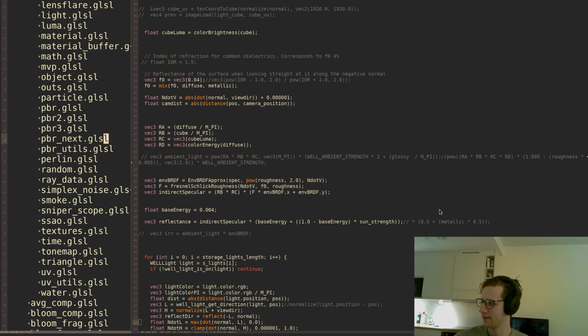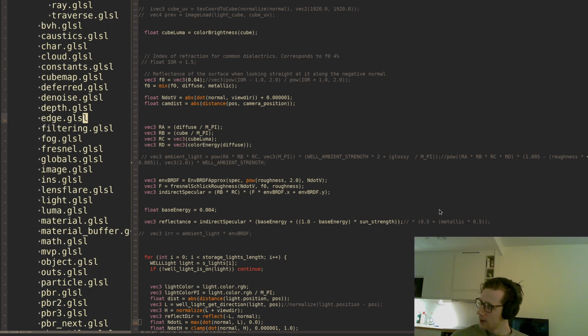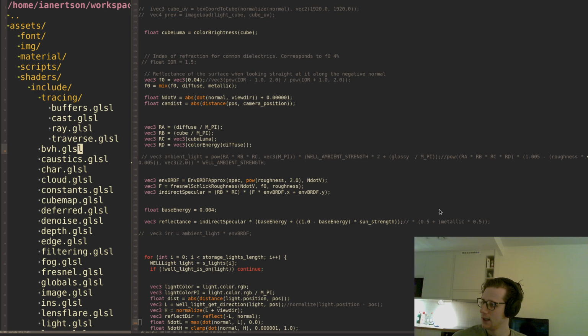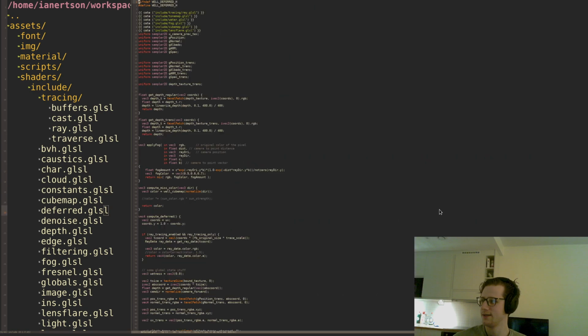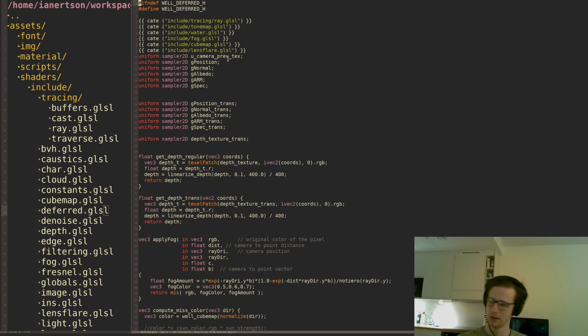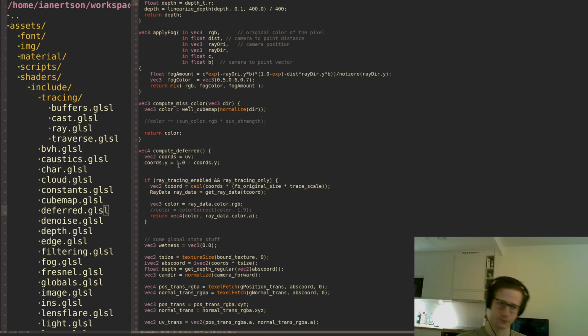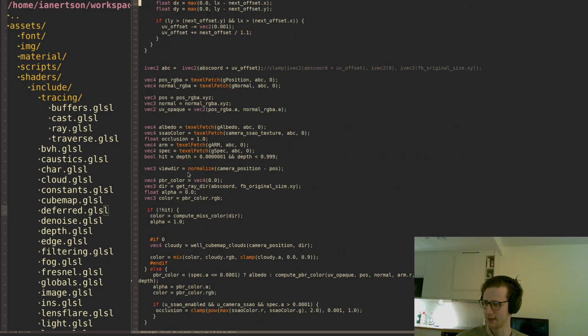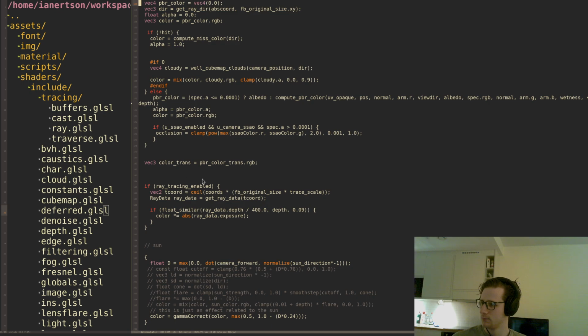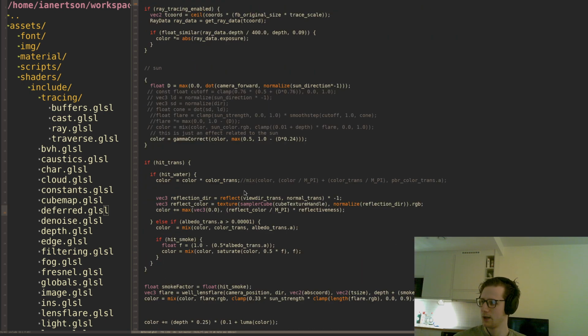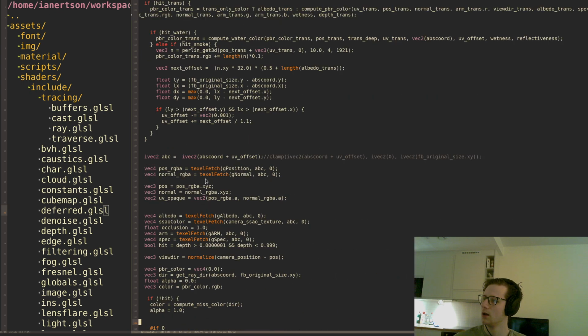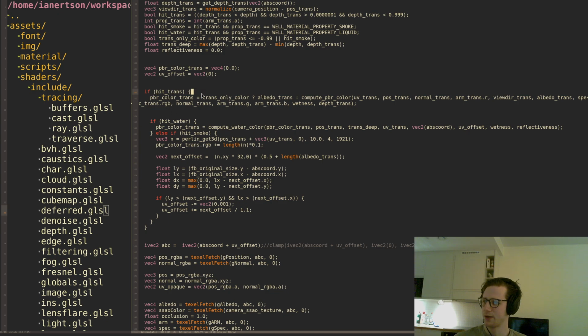Maybe that's for another video. Then we also have the actual deferred rendering stuff. Here's where I do the water effect and stuff like that. So for example, if I hit something transparent, if it's water, then I call a function for water